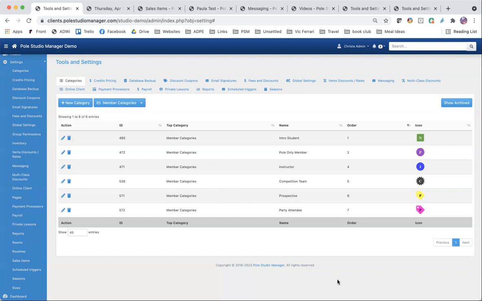So I hope you have fun thinking about how you want to start to set up your member categories. This is an insanely powerful feature of PSM. So spend some time really thinking about how to best utilize